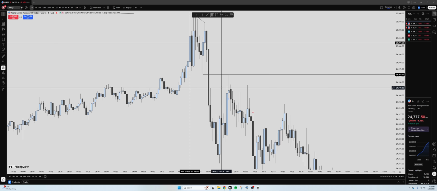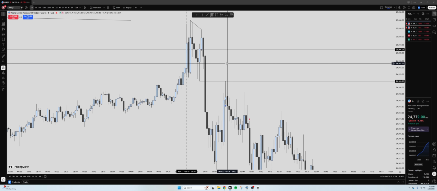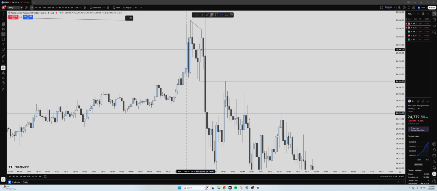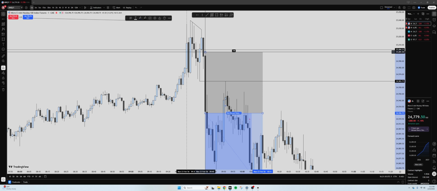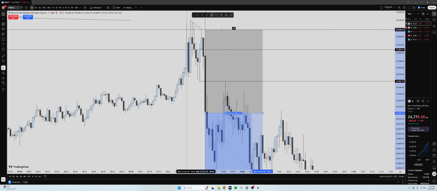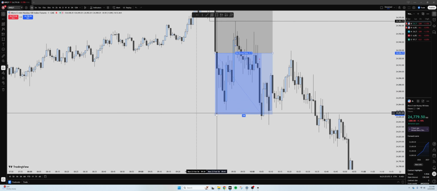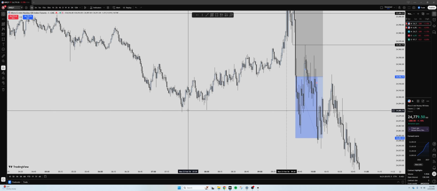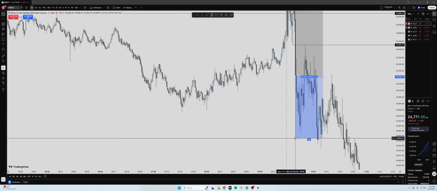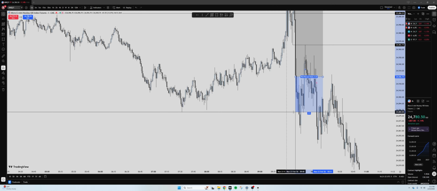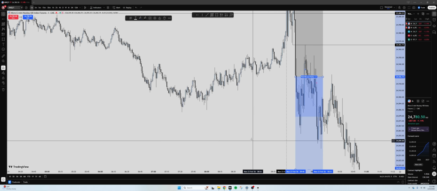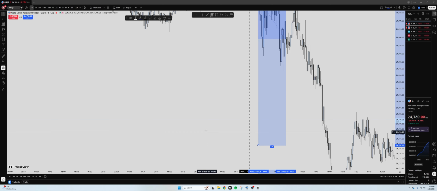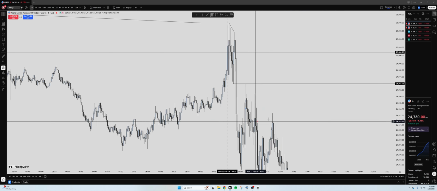By the time it closed, I didn't really like the trade idea anymore because the risk to reward would have been not the greatest, because I personally would have wanted my stops at least above this fair value gap, if not above these highs. And one of my first draws was right here, and that would have been an awful risk to reward, as you can see. But then again, it did end up ripping down and taking out many more. However,